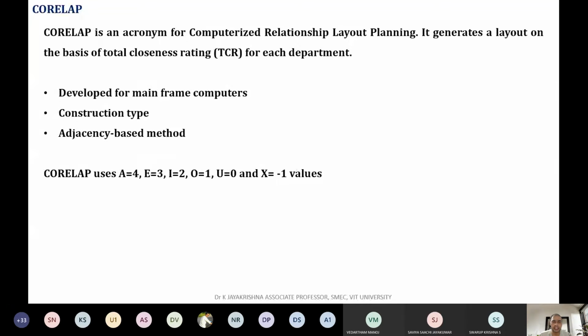If I ask you, on a scale of 1 to 5, to give ratings, what will be your rating for all these four people? Can anyone give me the answer? If I am asking you to give your closeness or your affinity towards these four people, with your friend, how much out of 5, I mean how closely you mingle with each other, can you give me the rating on the scale of 5 with your friend?